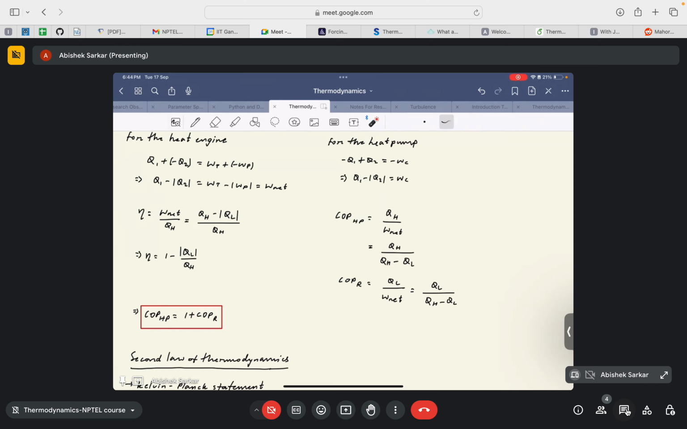Similarly, in the case of a refrigerator, the desired effect is the heat interaction at the lower temperature. It is the absorption of heat from the